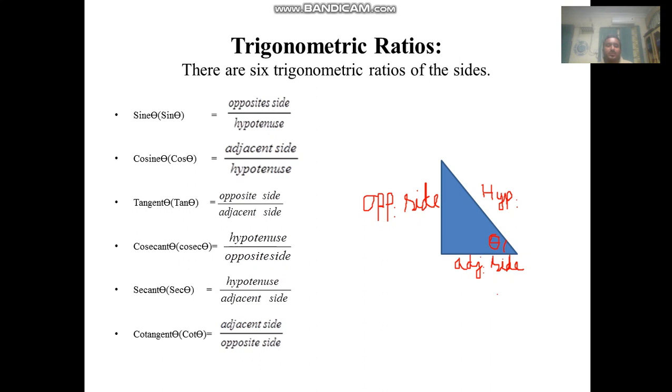Now trigonometric ratios. There are 6 trigonometric ratios of the sides of a triangle. Number 1, sine theta, full name SINE, and in the brackets the short forms are given. Sine theta is equal to opposite side. Now this is the triangle. In the side given,